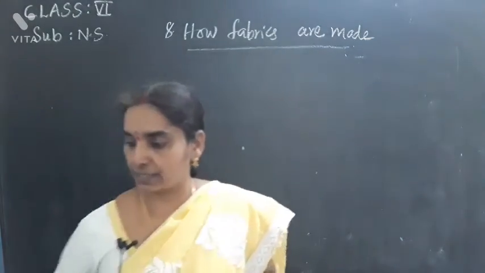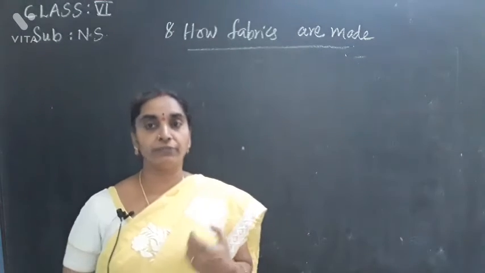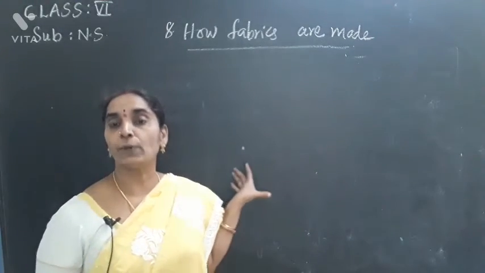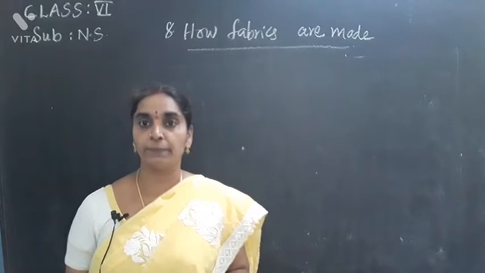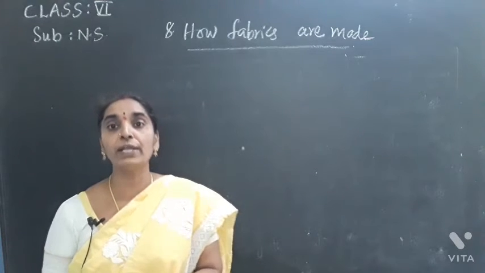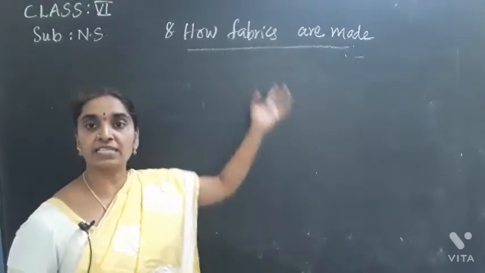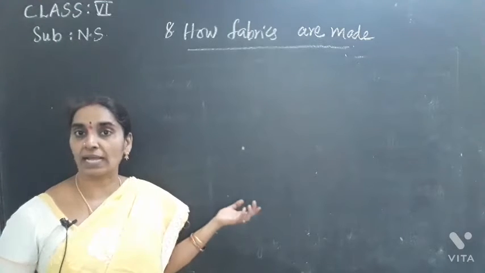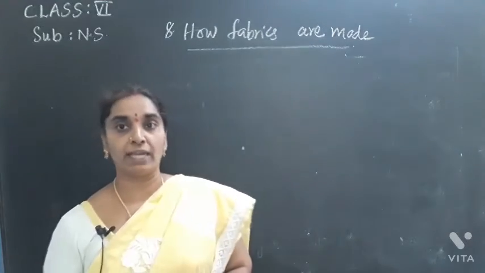So on what factors are these properties of the fabric being referred to? The properties you are going to now learn are based upon the types of fibers. In order to know about the properties of the fibers, first you should know what the different types of fibers you wear are and where you get these fibers from. You get the fabrics from fibers. These fibers are either from plants or animals, or they are synthetically manufactured also.